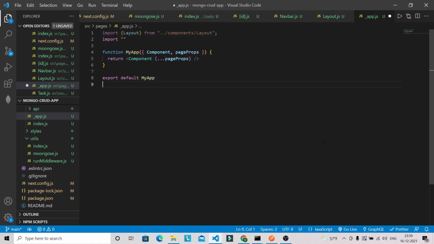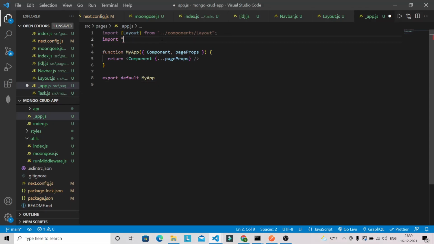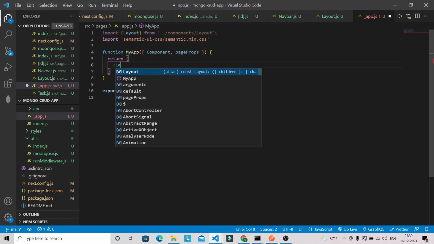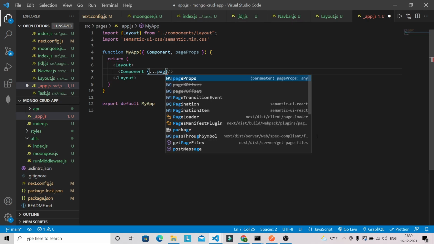What we can do is go to the official documentation of Semantic UI React, copy this import statement, and paste it here. Okay, and here in return we can wrap our component with the Layout component, and we can pass these page props. Okay.